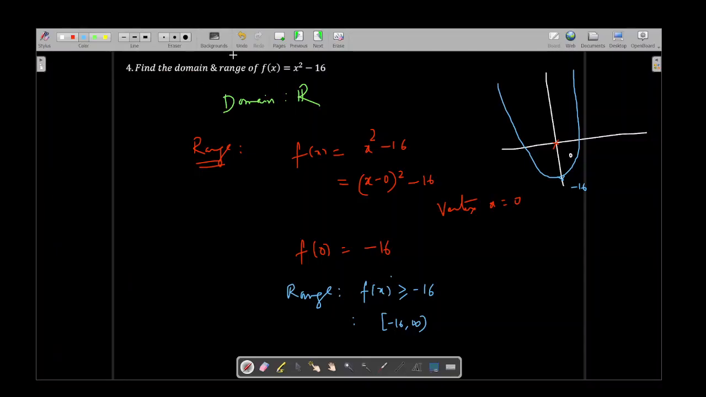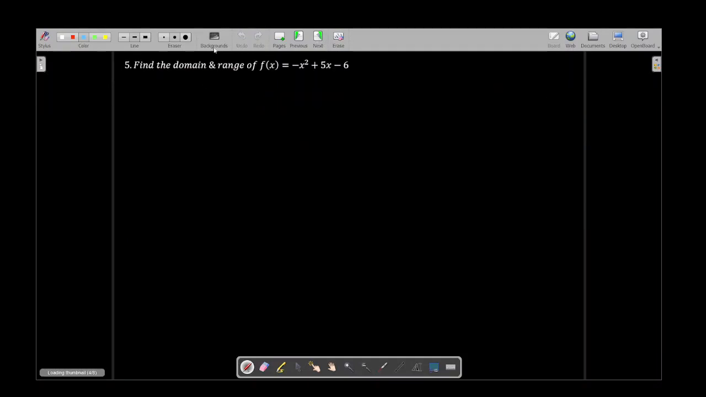Now let us try to solve the next class of problems. Here, this is an important problem because the coefficient of x² is negative 1. Anyhow, domain remains the same. Domain is complete real number. Let us try to find the range. To find the range of the quadratic function, let us apply the completing square method. I have f(x) is equal to